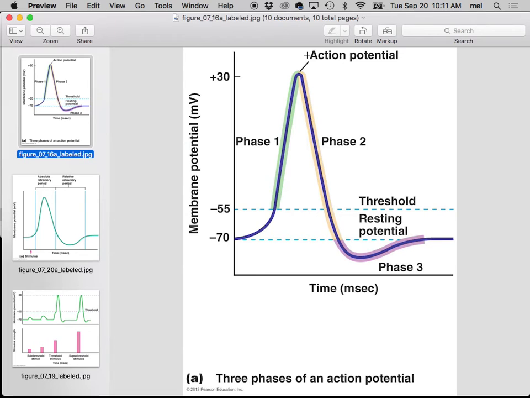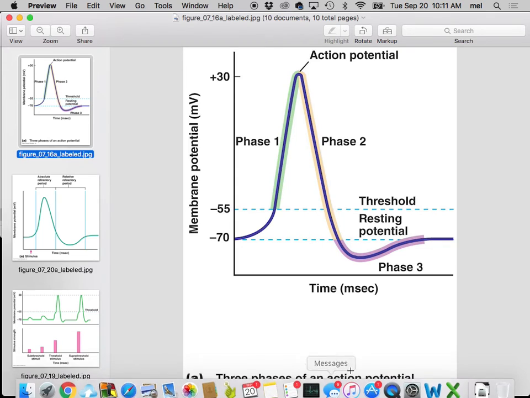You don't stay there for very long, but you just let such massive amounts of sodium in all at the same time that you can flip the charge for a second, so you can go past zero. Okay, so